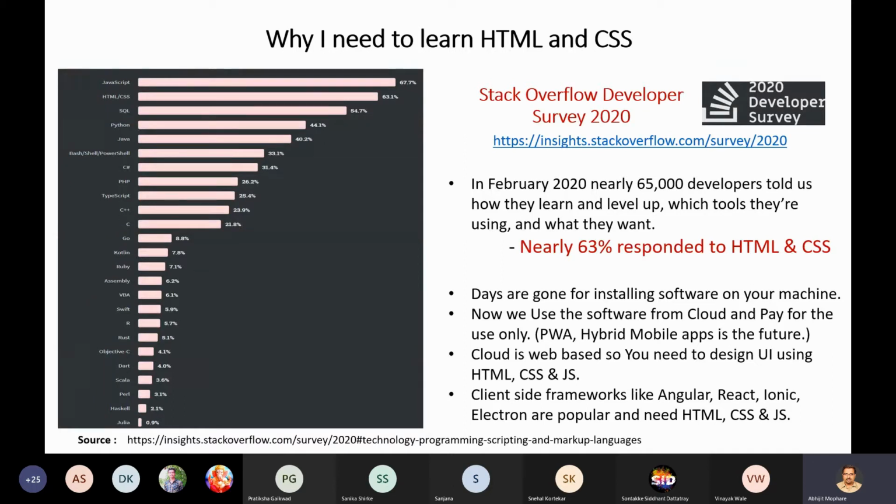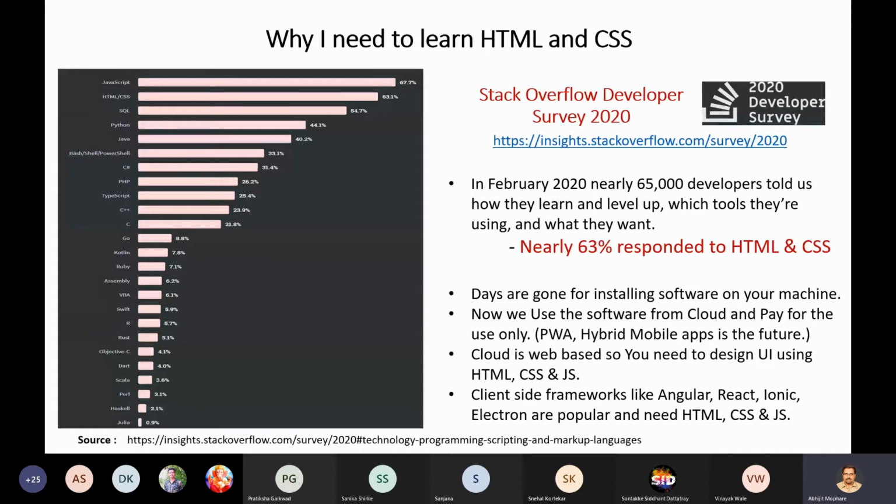Nowadays, the payment model is that you use it and you pay for the usage. For example, if you have used a particular software for 1 hour or 1 day, then you will only pay for that period of time. You are not buying the entire software, you are just renting it. Such services are nowadays available, and in cloud terminology these are called software as a service. There are basically three types of service: software as a service, platform as a service, and infrastructure as a service.